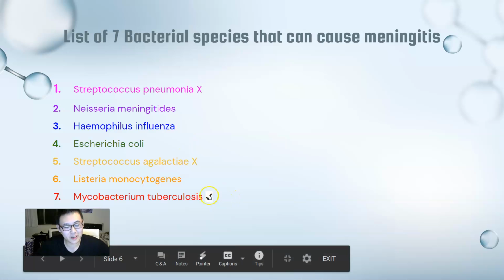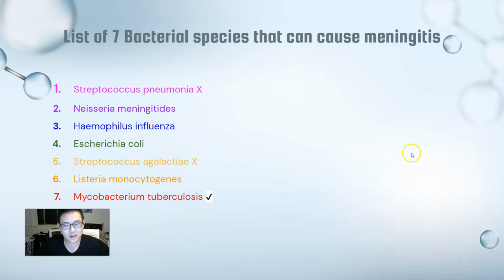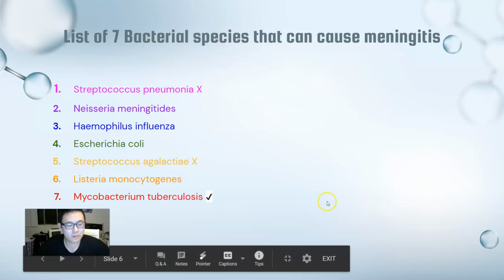So right now we can just check that it's possibly Mycobacterium tuberculosis because of the mycolic acid being present in our results. And we could eliminate the possibilities for it to be Streptococcus pneumoniae and Streptococcus agalactiae because no hemolysis